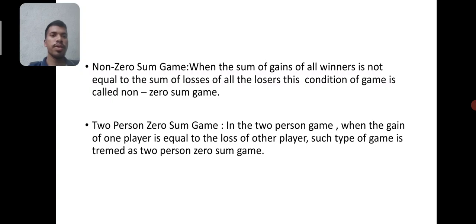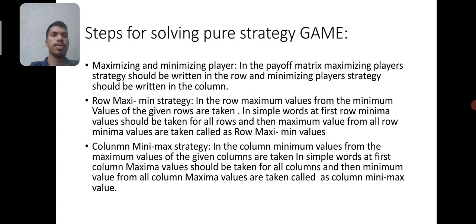Two-person zero sum game: in a two-person game, when the gain of one player is equal to the loss of the other player, such a type of game is termed a two-person zero sum game. Steps for solving a pure strategy game: maximizing and minimizing player. In the payoff matrix, the maximizing player's strategy should be written in the rows